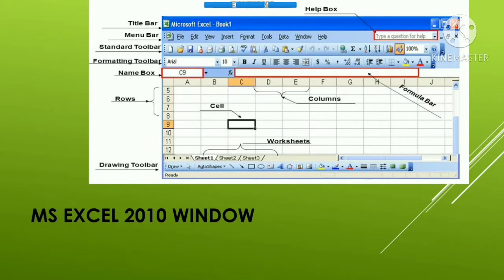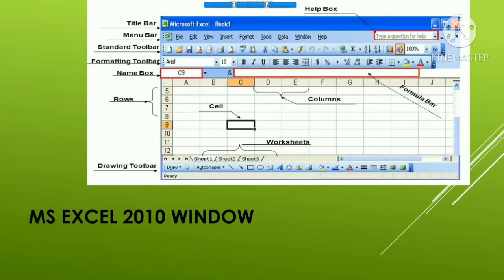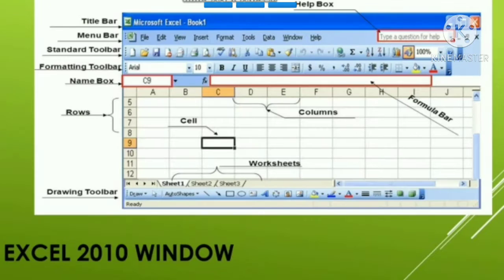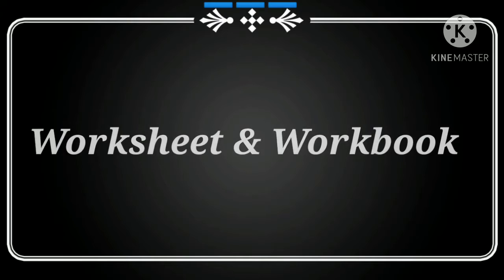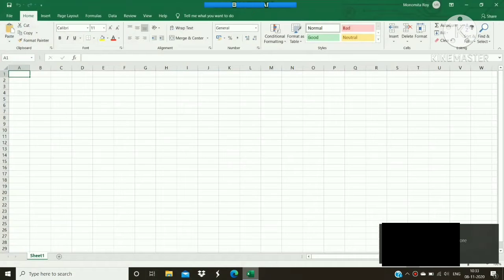So this is a spreadsheet and it consists of many rows and columns. This is the main area where we work in Excel, and the main parts of MS Excel are common in all MS Office programs. So this is the blank sheet in which we can write and edit the data according to our requirement, and this is called the worksheet as well as the spreadsheet, and the collection of worksheets together is called the workbook, right?